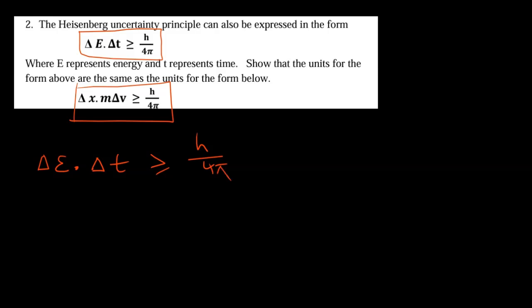Okay, so what are the units for time? The SI unit for time is just the second, so I'm going to write s there. And then this one is energy. What are the units for energy? We know that energy's units are just joules. But how does this joule come about? This joule is a combination of 3 base units. That's the mass, the length or the distance, and the